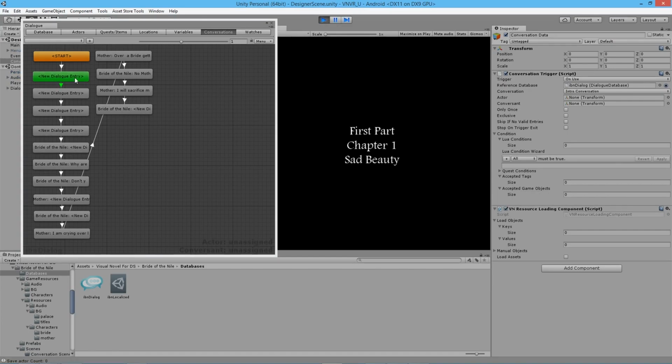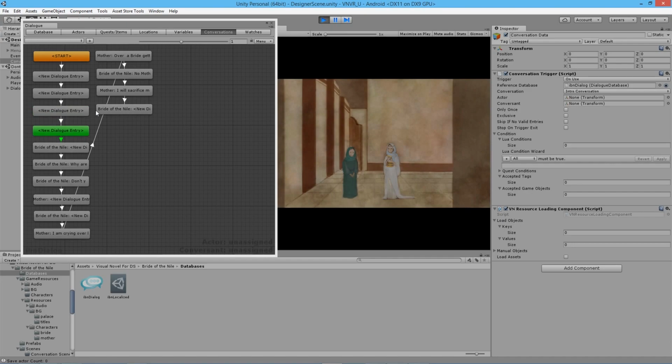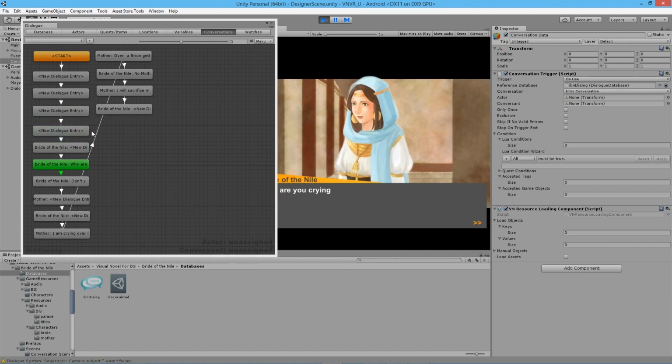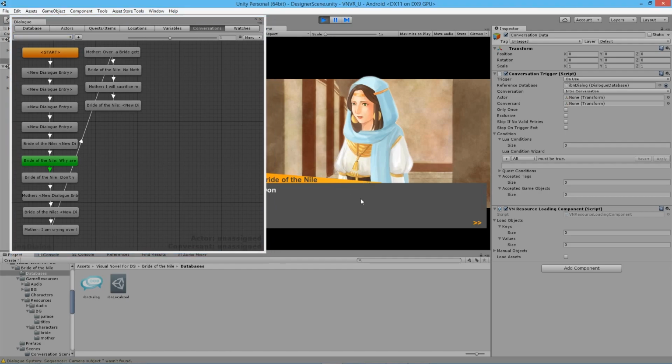Okay, fade in our title, wait for click, and I click and it fades out, then fade in our palace, then fade in our actor, and fade in this text box,